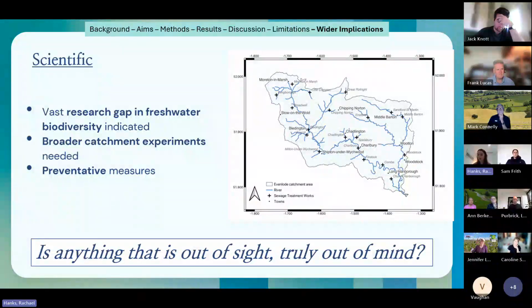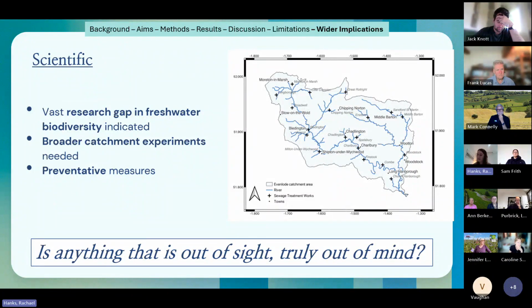Scientifically, it once again supports this overall vast research gap in freshwater biodiversity. There are not many studies into biodiversity within rivers, and most of them focus on the macroinvertebrate community, which is still important. But specifically to citizen science as well, there should probably be some way developed to analyse algae. It also shows that broad catchment experiments are needed, because in this study I show the high nutrient levels and the algae that occur in high nutrient levels, but if there was going to be a bloom, it's likely going to occur much further downstream. So doing an isolated study in this way can be useful, but it needs to be paired on a much larger scale downstream.